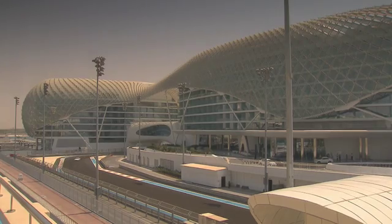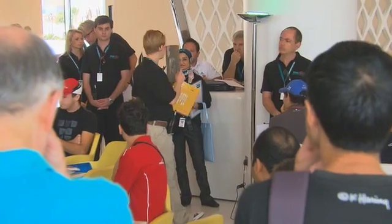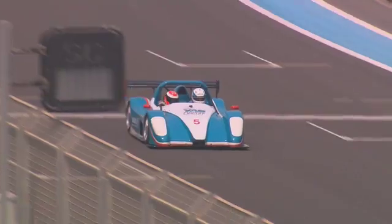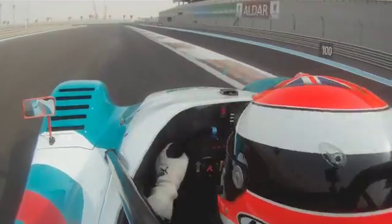Circuit to participate in a two-day event that takes passionate aficionados right through to a full Formula One dream come true. Over the 2 days, our drivers have been put through the mill and have found their own personal limits. Now it's time to learn how far those limits are from the F1 standard with a ride in the Yas